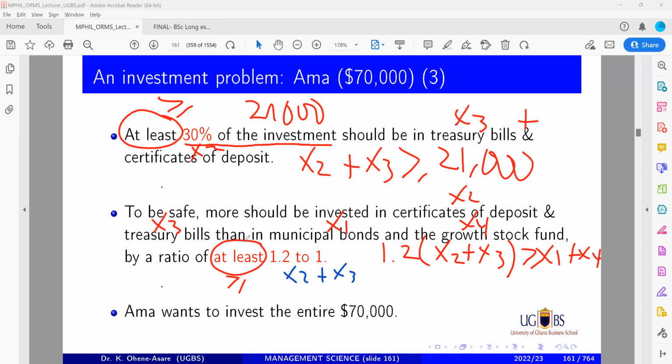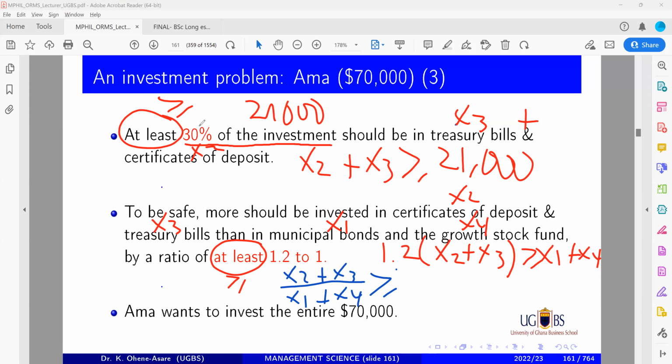Certificate of deposit and treasury bills, done, over municipal bonds and growth stock fund, by a ratio. So you know that it has to be a ratio, and the ratio is x1 plus x4. That word, in a ratio of at least, of course, we know that at least is greater or equal to